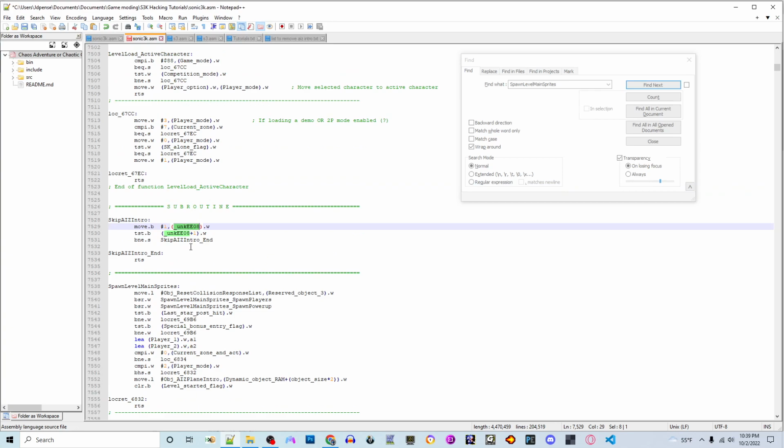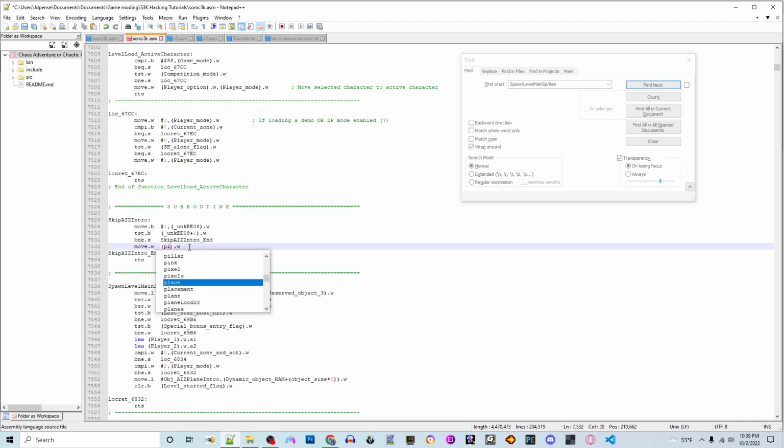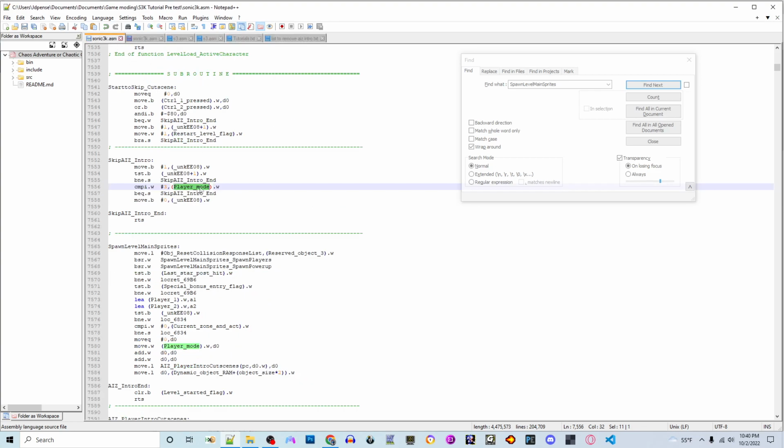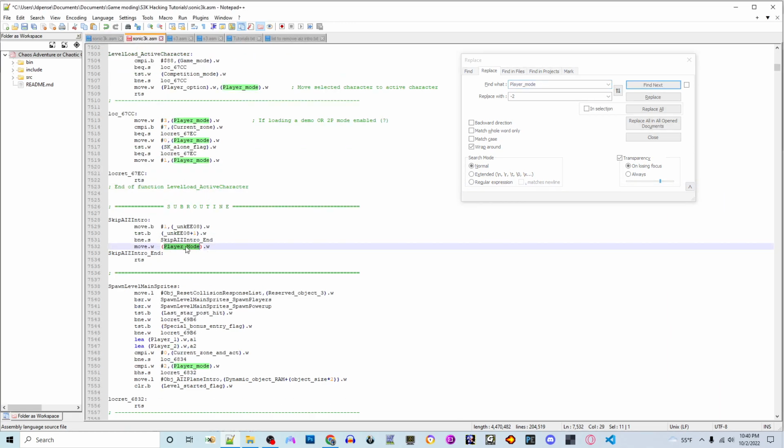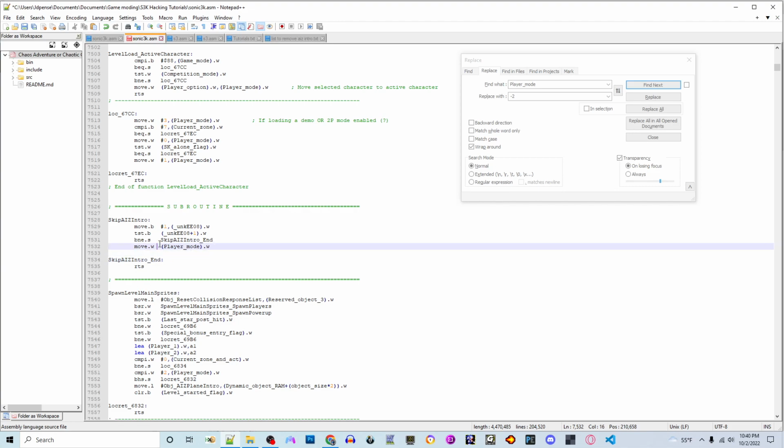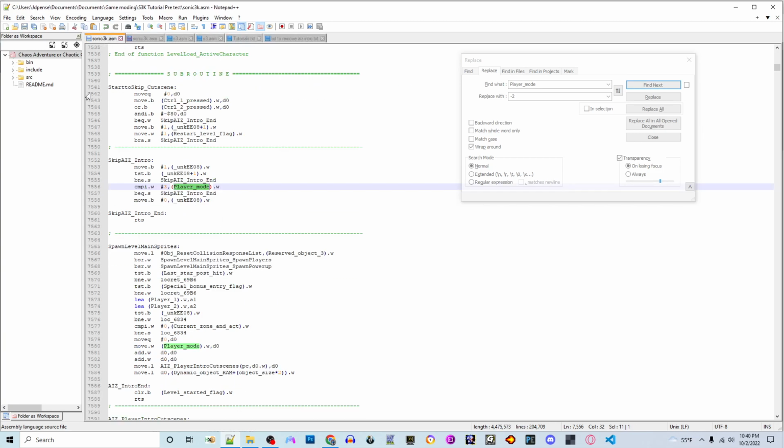So here, let's just put in move word, because player mode is apparently 2 bytes, which is kind of a waste of space in my opinion. I don't know why you really need 2 bytes to occupy player mode. That's a bit bizarre, because there's only three players. The players don't exceed past the byte FF, which would lead to 100 bytes, but there's no, like,